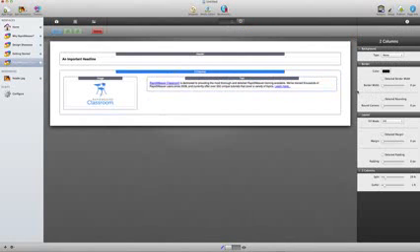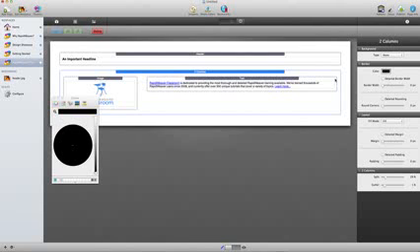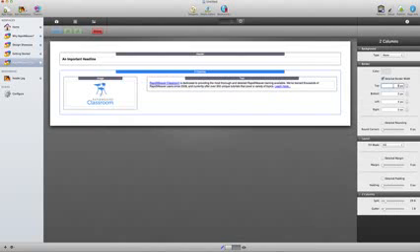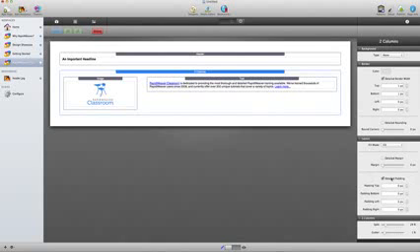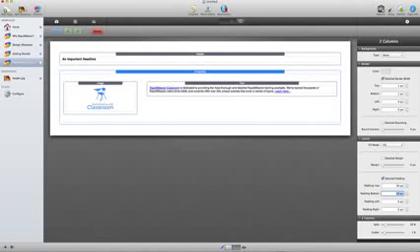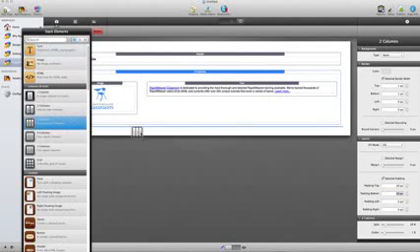I'm going to add a line above and below, so I'm going to go to the border color once again, do a light gray, and then give a border on the top and on the bottom. And then I also want to create some space in between everything, so I'm going to do some padding, and then we will create padding on the top of about 20 and on the bottom of about 20, so that'll space that out. Next I want to add 3 more columns, and so I'm going to grab a 3-column stack,